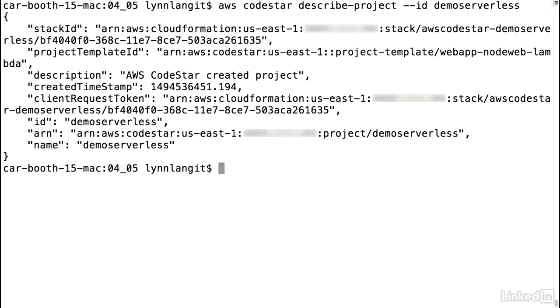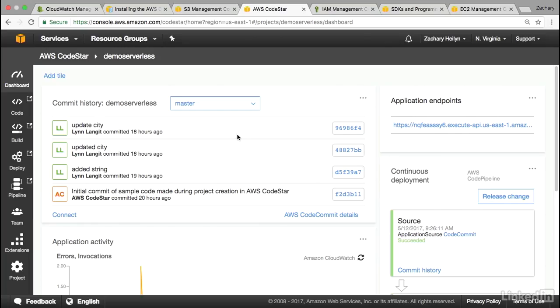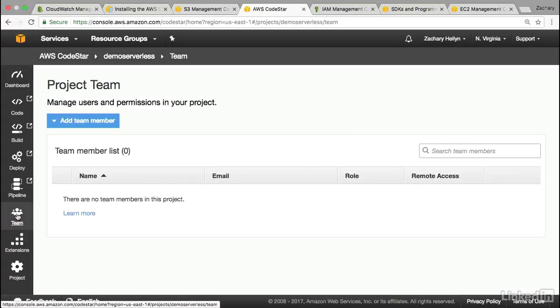Now, what can we do with CodeStar from a programmatic access standpoint? Well, over in CodeStar, one of the capabilities is you can add team members. So you can see I don't have any team members. It's just the person who created it, which is me, this account right here. So what I want to do is add a new developer, and I want to do that